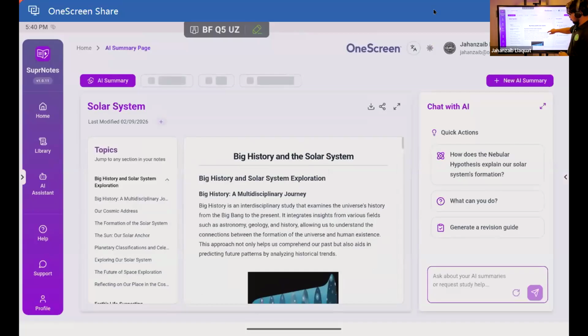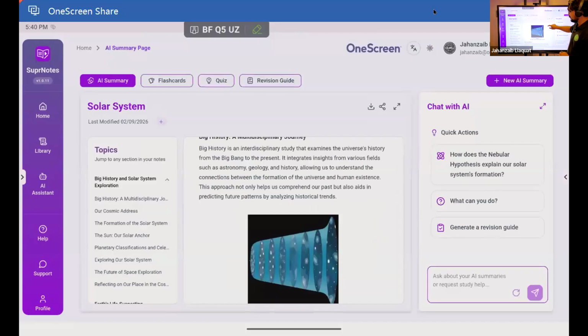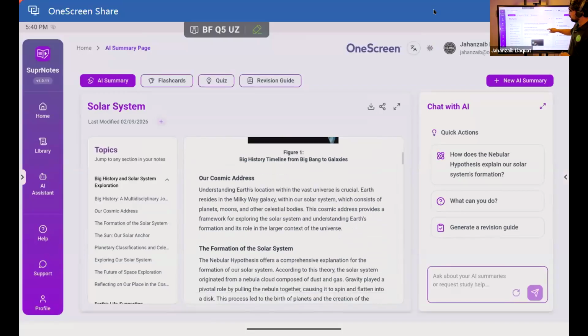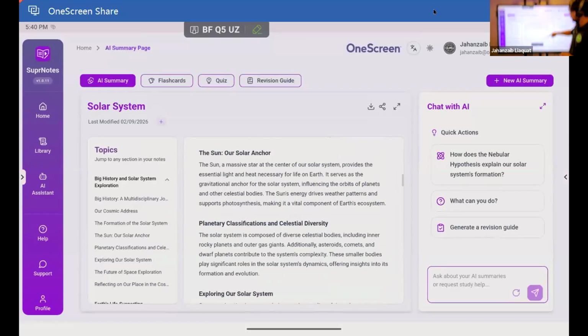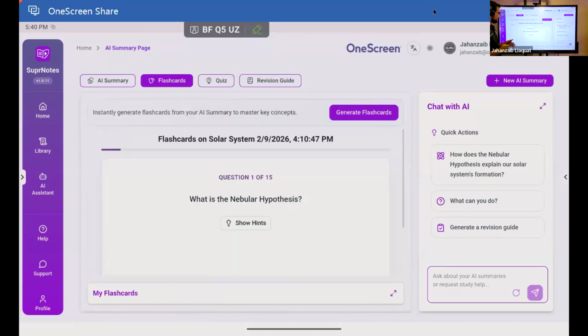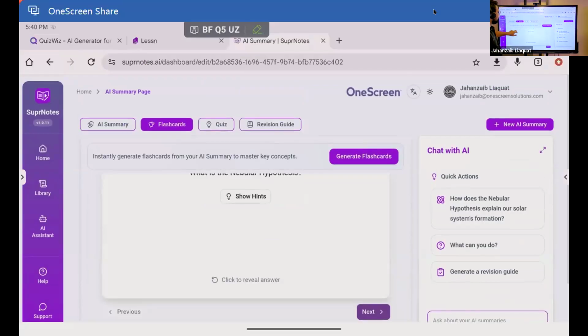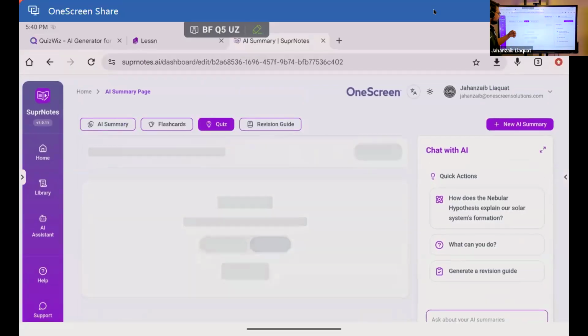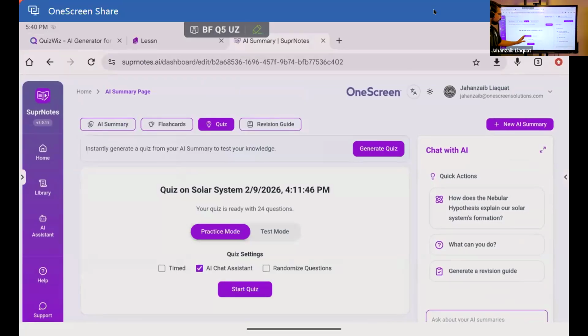now you will see the AI summary about the solar system topic. You can make the revision, and also you have the flashcard option. If you want to generate flashcards, you have an option and you can generate the flashcards like this. If you want a quiz, you can have the practice mode as well as the test mode. Also, you can enable the chat assistance so that it can help you